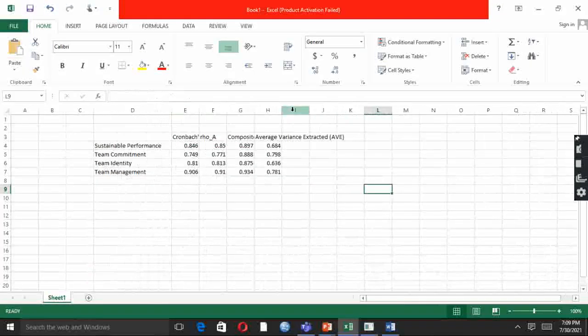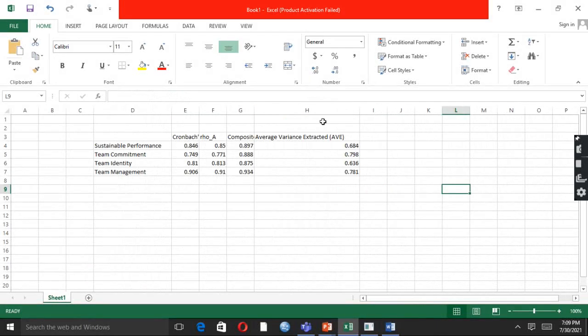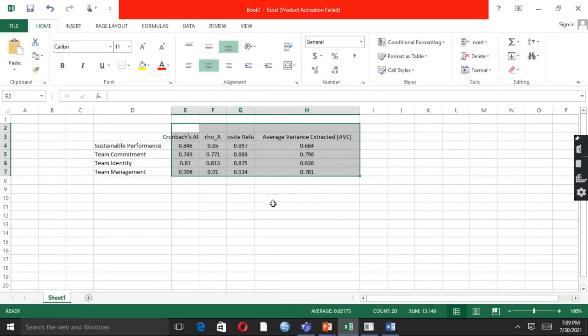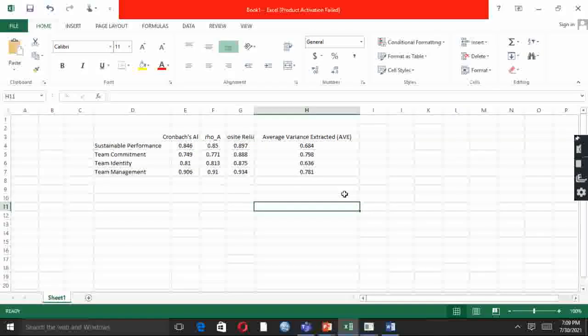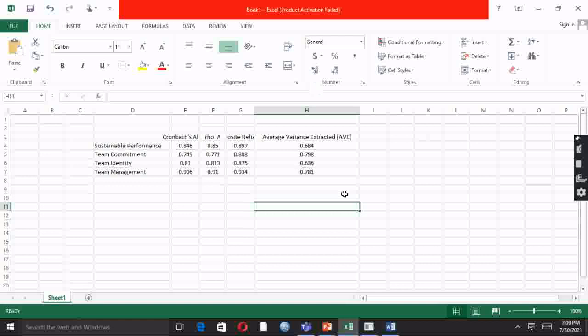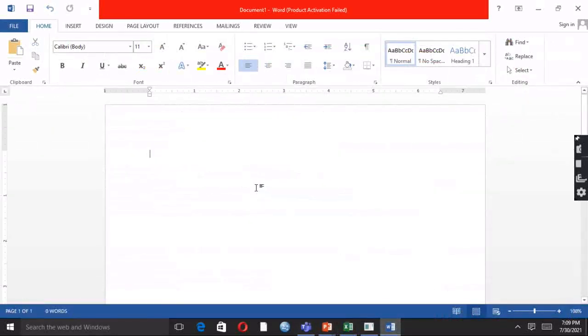We can see the values of AVE. The next step is to copy these values into our Word document, so for this purpose we open a Word document.